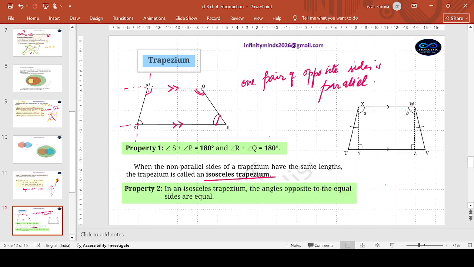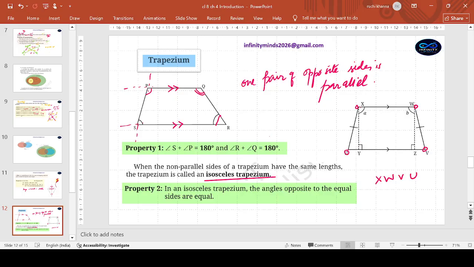XWVU. Remember, I had told you right in the beginning that this is not so typical, like the usual ABCD types. But the way it is named, we have to name. The name of this trapezium is XWVU. You cannot skip and jump. You have to go in an order: first to the second, to the third, to the fourth. Okay? XWVU. So now, side XW is parallel to UV. These are the non-parallel sides, but they are the equal ones. XU equal to WV. So the dotted lines are dividing it,